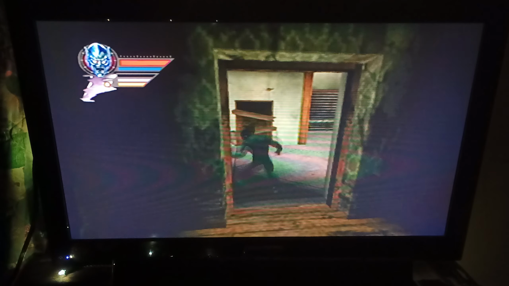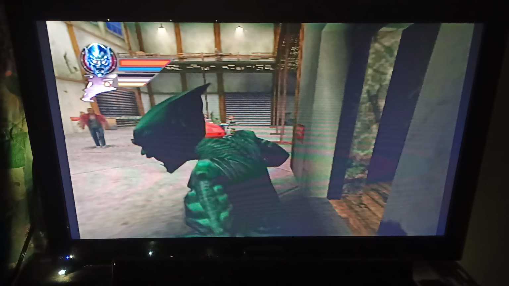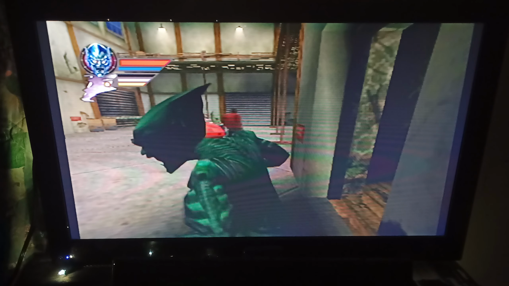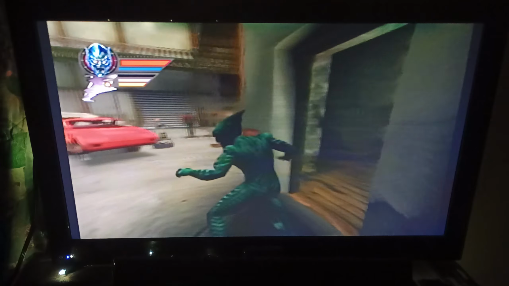But anyway, we're going to go through here. We're going to stay in the shadows for a minute, because what we have to do here is apparently sneak up on enemies, somehow. It's a lot easier to do with Spider-Man, but to do it here with Green Goblin, it's a lot tougher,